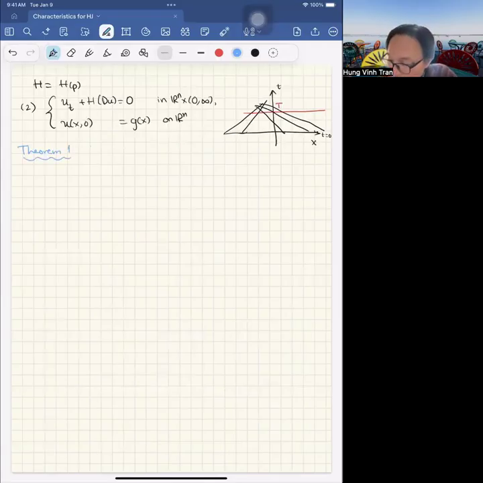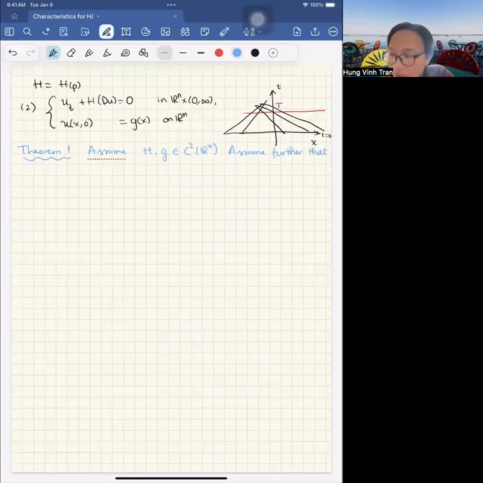Okay, so assume that H, the Hamiltonian, and the initial data G are given functions in C2 of Rn. So they are C2. And for simplicity, all this assumption can be relaxed a bit, but assume further